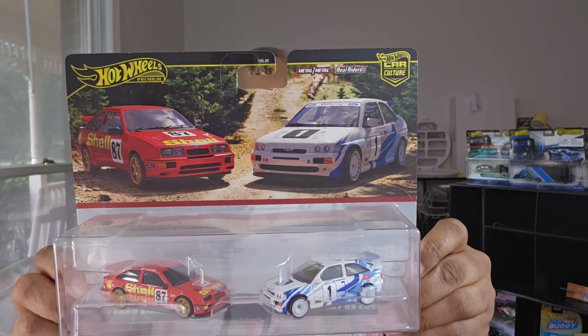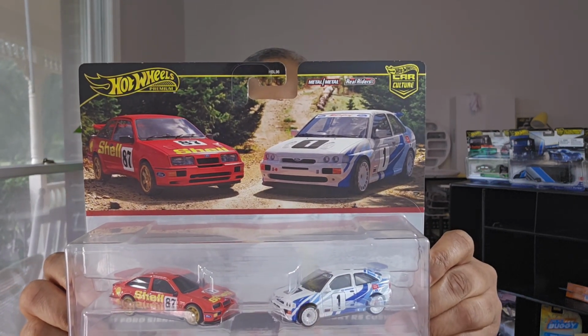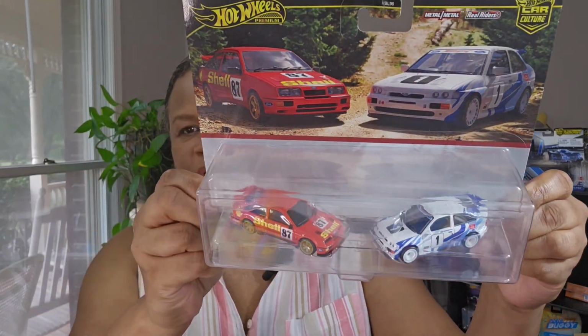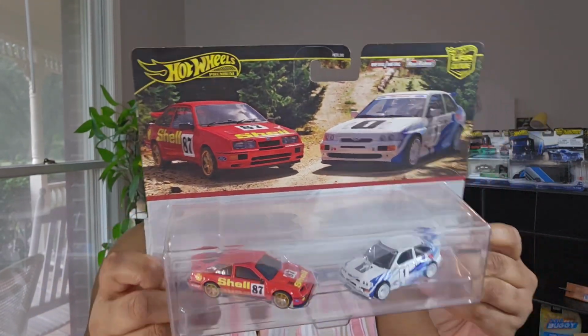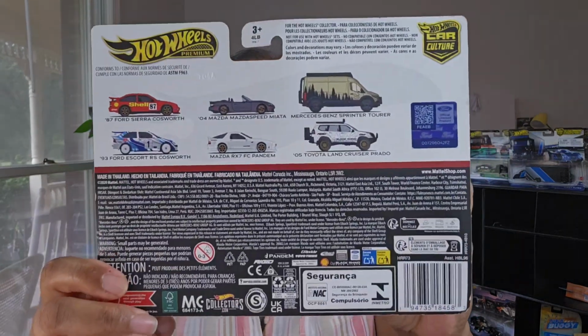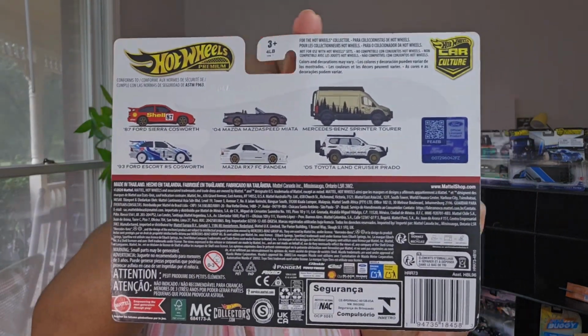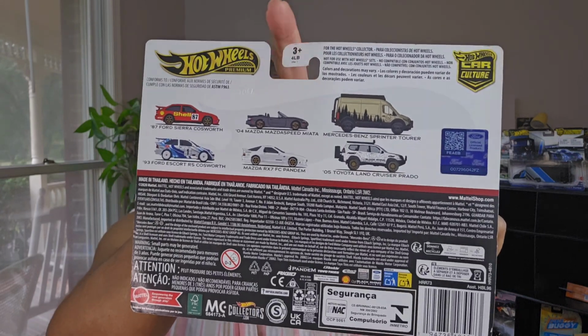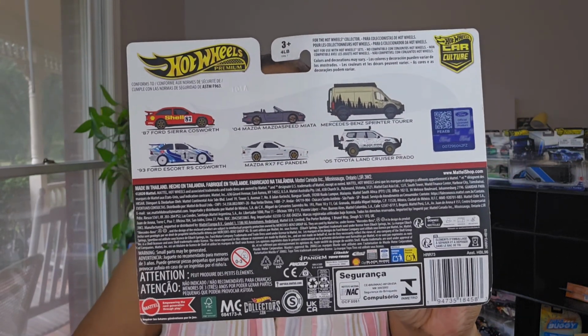2-packs. These have been out, but I wanted to show you just in case you haven't seen it. That's the Sierra Cosworths. And I think I have another one of these, and I might actually open one. But this was the other ones in the case. I did get that. I can't remember if I was able to find it or not. So there's that. And speaking of 2-packs, where's my...